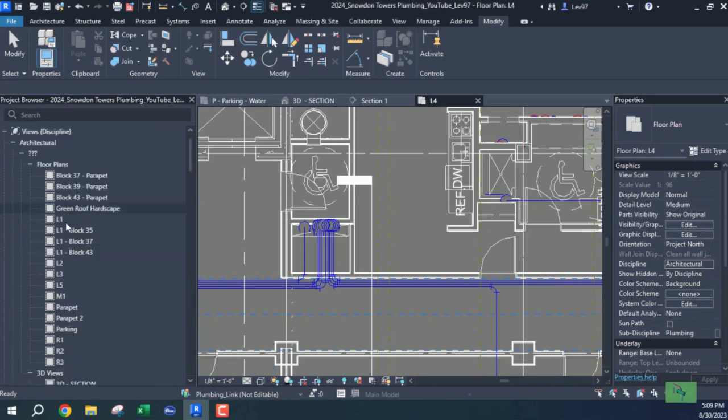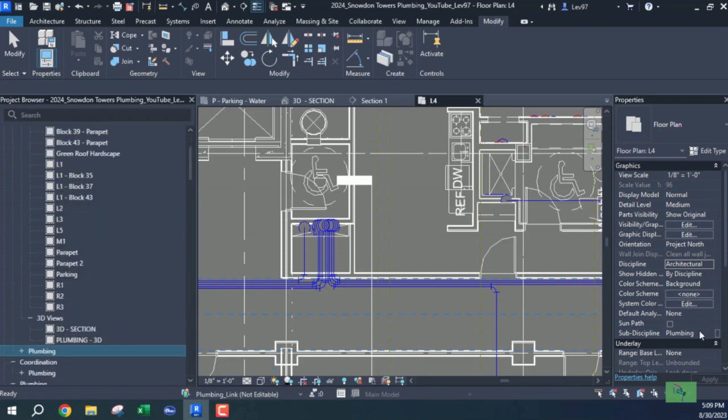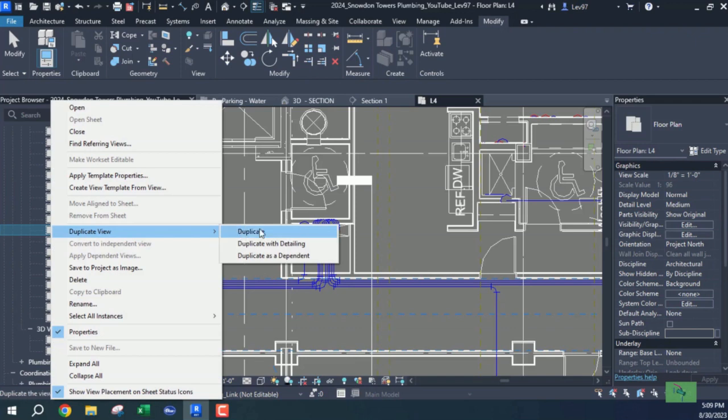Okay. Did it move? Now I got to change it to 0. Let me just delete that out. Okay. So we got it back. Okay, good. So the best thing to do in this case, you want to duplicate that view, and